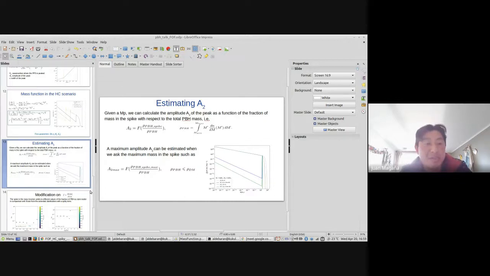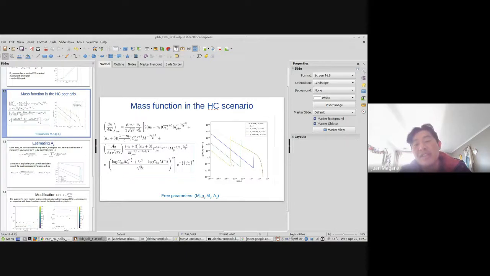If you exclude this physical condition, you can put the total fraction of the configuration in the spike, because, for example, here you can see that the amplitude of the mass function for lighter primordial black holes decreases, and then these lighter primordial black holes don't contribute significantly to the total mass of the distribution.